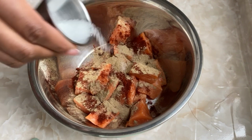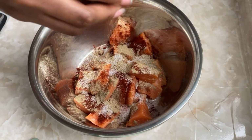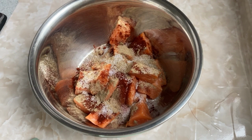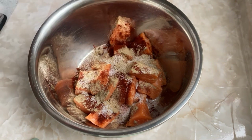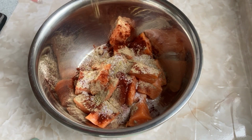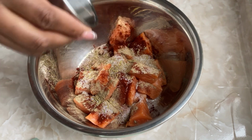So you can add a little less salt. Like I kind of added too much. Just a secret between us. So you can add less salt. I added some thyme because seafood and thyme goes well together. Next, I'll add some lemon pepper,